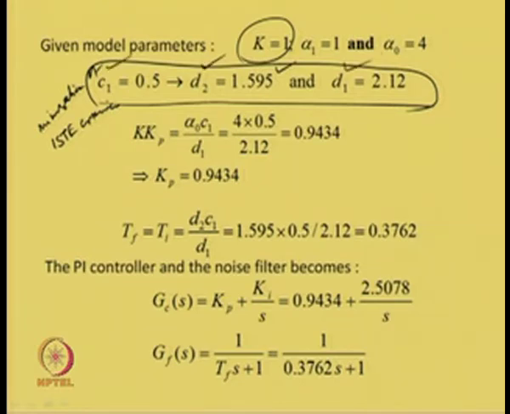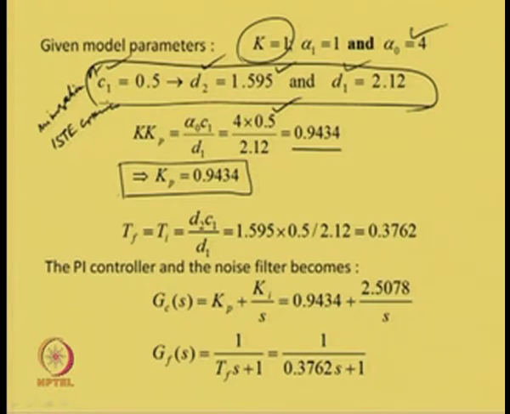Now, putting those values in the explicit expressions for KKP, which is nothing but KKP is equal to alpha 0 C1 upon D1 is equal to 4 times 0.5, C1 is 0.5, alpha 0 is 4, therefore, 4 times 0.5 upon 2.12 gives us KKP as 0.9434, where Kp becomes